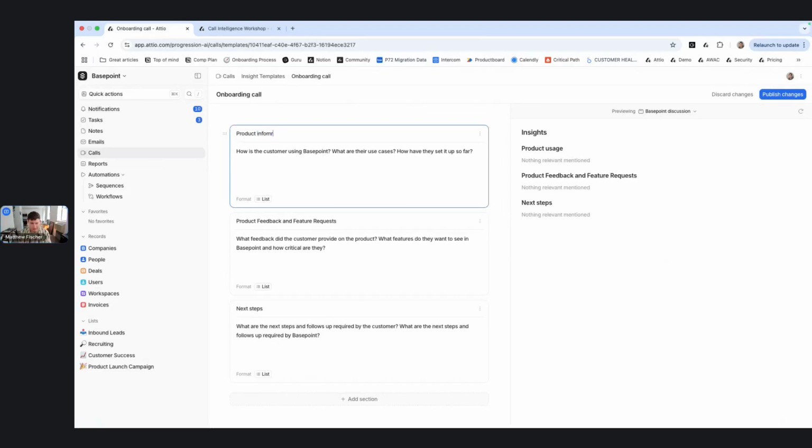So I could call this product information. Product usage might be a bit better of a title, but just to show you that if you make edits, you can go ahead and refresh on the right-hand side, and it will show you an updated example of how things are structured. Now, there's not going to be anything that's put in here because it's not drawing from a call necessarily,